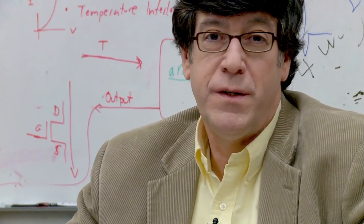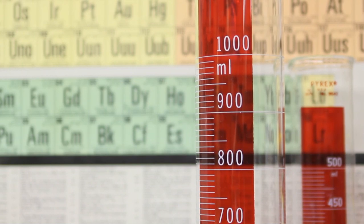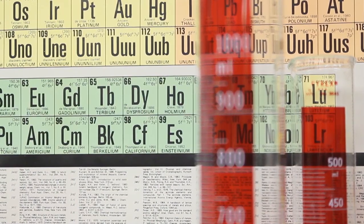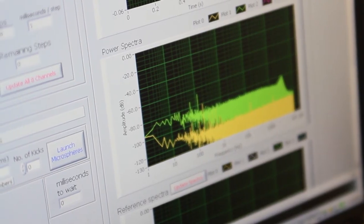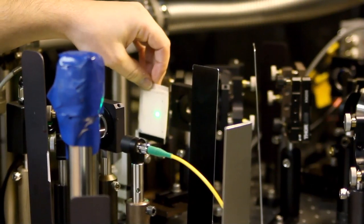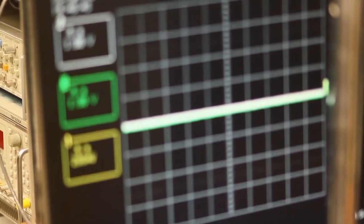That work opens the door to a new field that I call atomoscience. Atomoscience is the science enabled by the control of atoms one at a time. It is a bottom-up approach and is complementary to nanoscience, which is typically a top-down approach. The goal of the Laboratory for Atomoscience is to bring together the most creative researchers in the world to develop